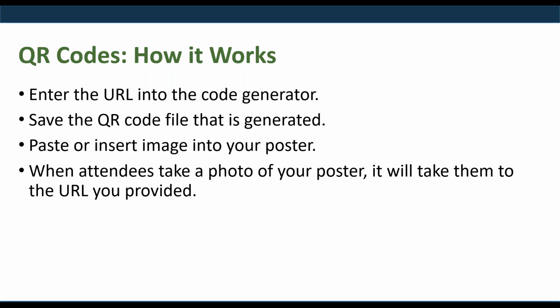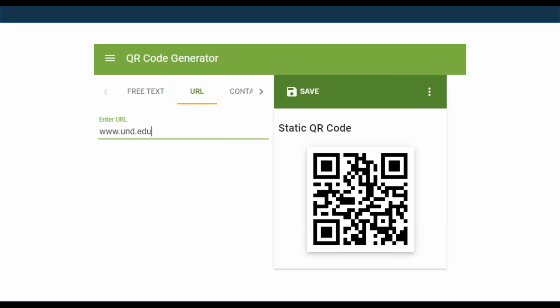You can just simply go into your photos, take a photo, and it will generate to the web page. Next slide, please. Here's an example of a QR code generator. If you're sitting there right now and you want to open up your phone and take a picture of that QR code, it should take you to my university's website. And it really is as simple as you see.